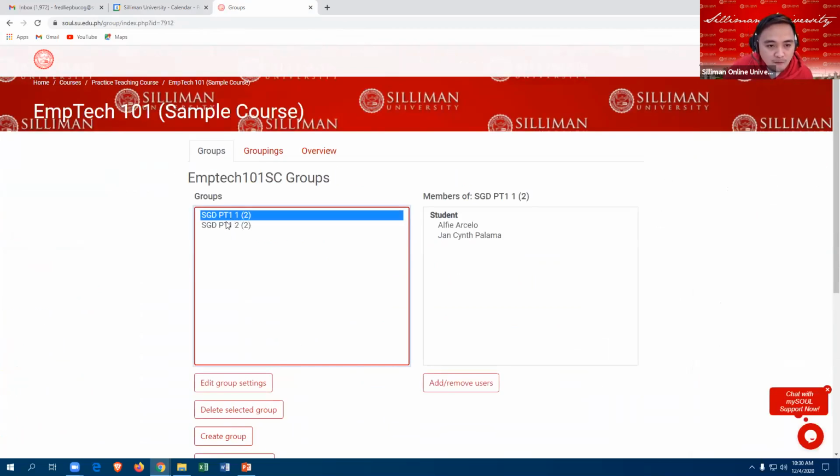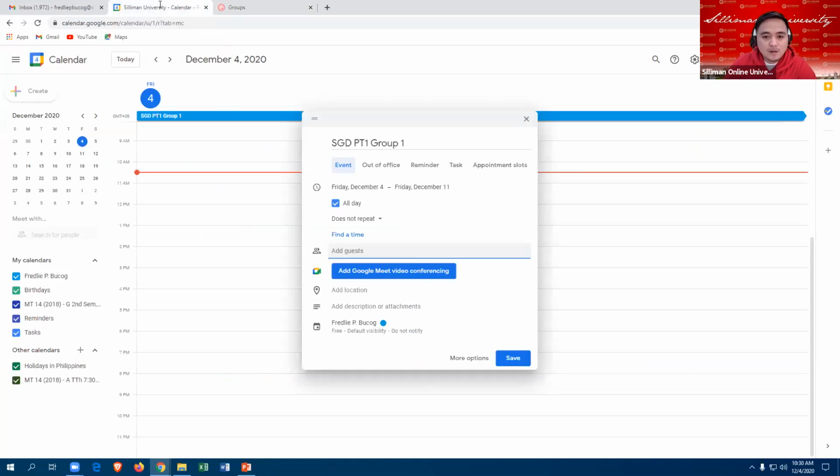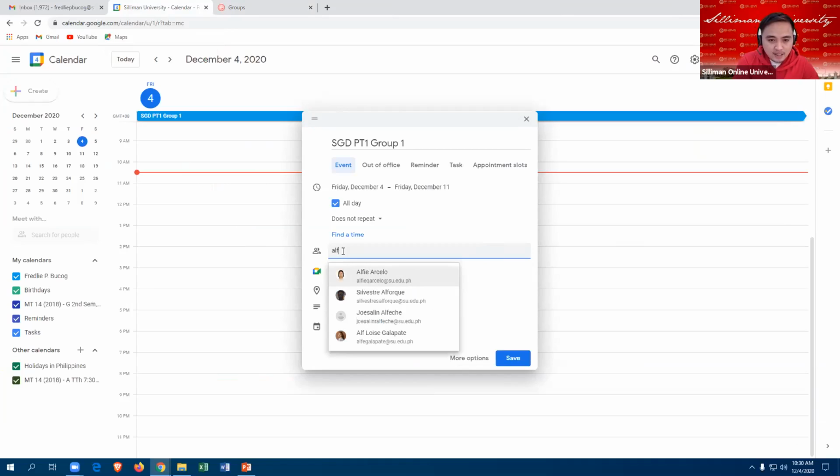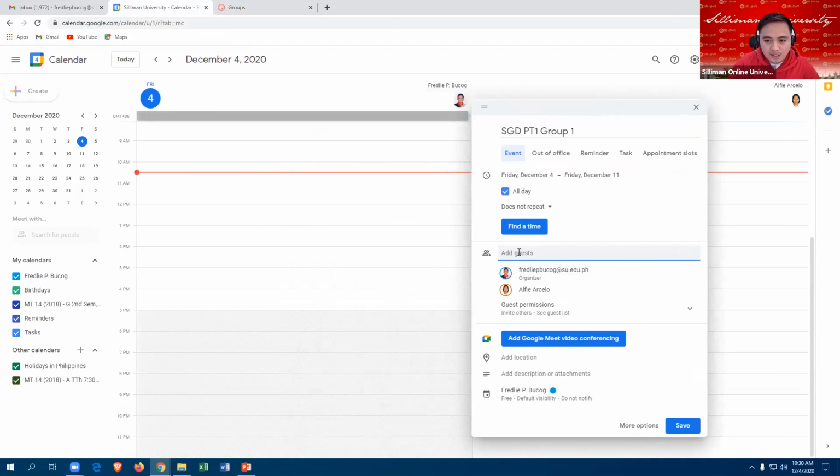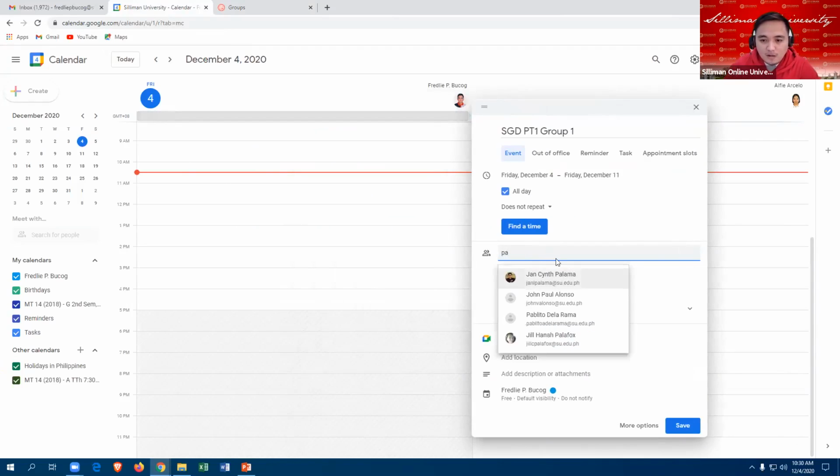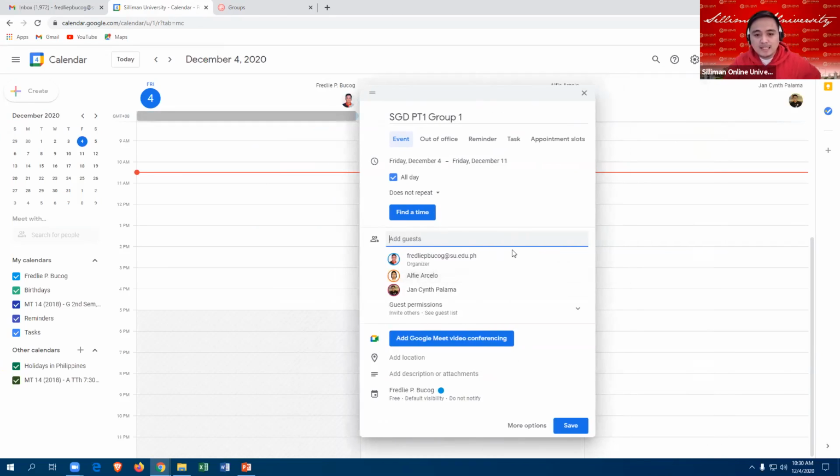Okay. For our SGDPT1 we have two students. So you must know the email address of your student, and then another. Okay, we have two students for group 1.